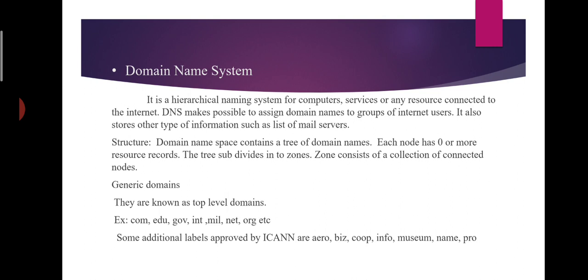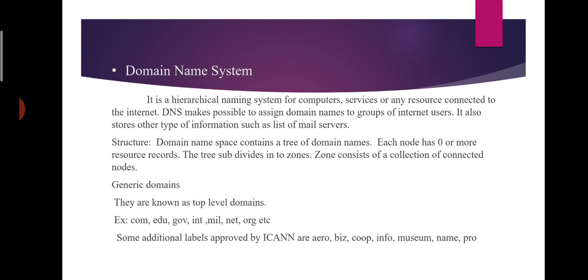Coming to the structure of the domain name system, the domain namespace contains a tree of domain names where each node has zero or more resource records. The tree divides into zones, and each zone consists of a collection of connected nodes. Domain names are easier to remember than IP addresses. The domain name examples are